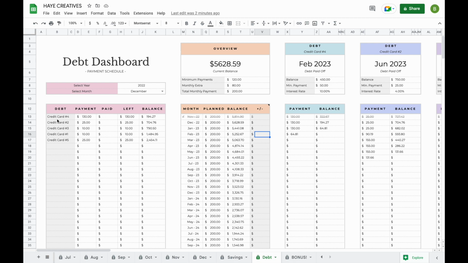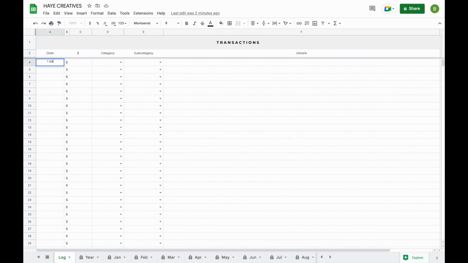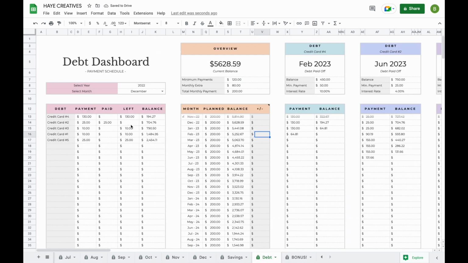So let's say, for example, this credit card number 2 is really bothering you and you would just like to get rid of this debt completely and you have some extra money available. Now, all you have to do is just head over to the Log tab. So you just scroll to the top here. And now let's say, for example, you make that payment of $25, that minimum monthly payment that you had already planned. Now, when you go back to the Debt tab, you can see that now there's actually nothing left to